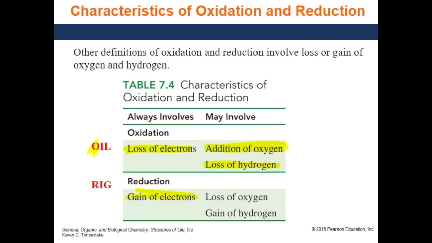So oxidation can be loss of electrons, or addition of oxygen, or loss of hydrogen. And reduction will be gain of electrons and loss of oxygen or gain of hydrogen. Exactly opposite of oxidation. How can you memorize this? First, I think you should have memorized OIL RIG, which tells you electrons. Next, oxidation, the name tells you